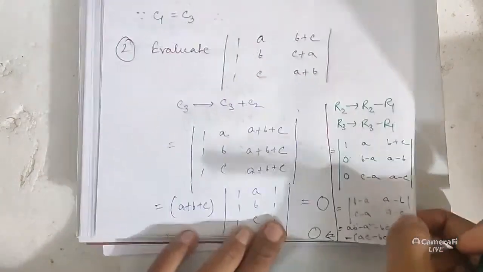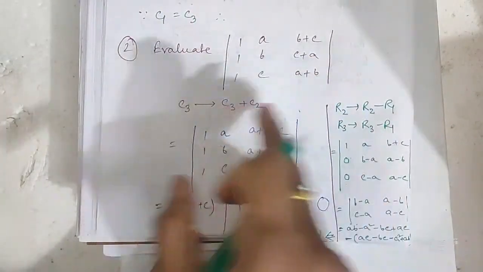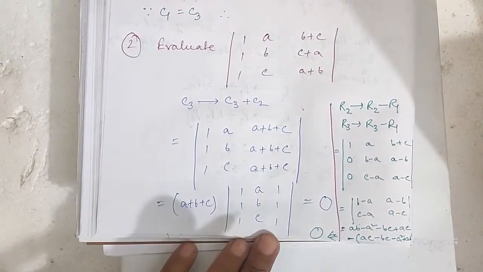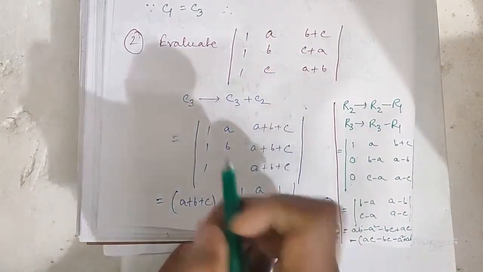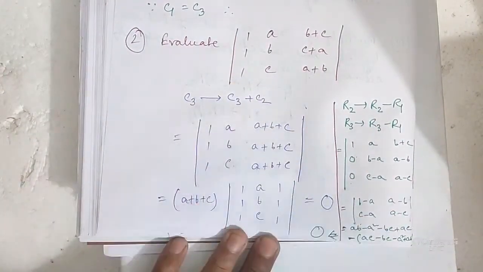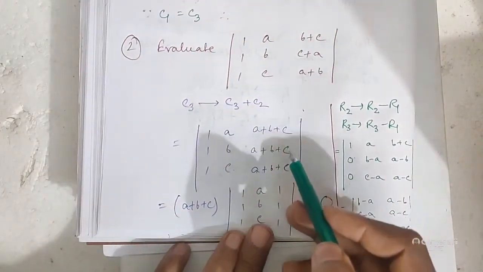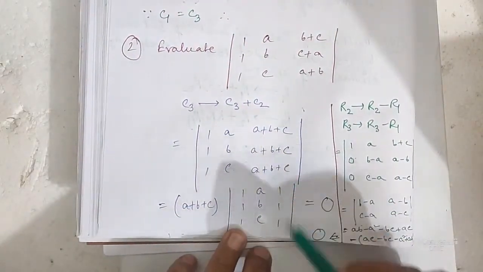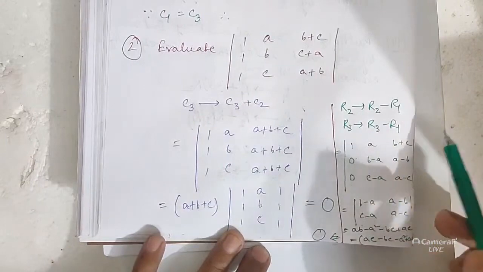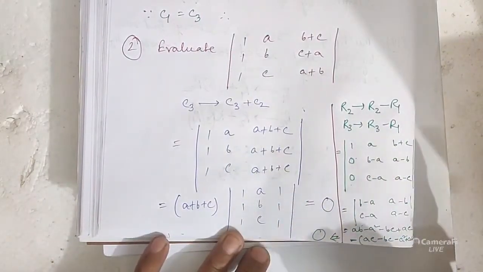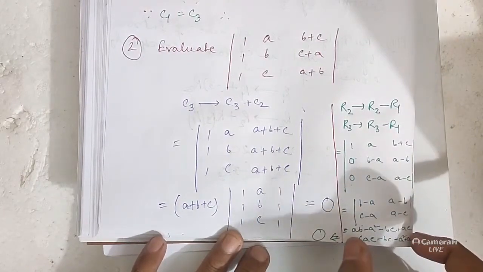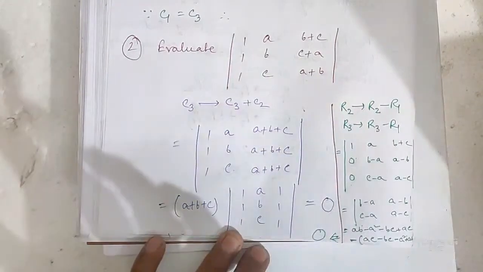That means you can solve a determinant by using any elementary operation, but whichever operation gives you a simplified form, you use that operation. Here if we use this operation, the question becomes easier to calculate. We just take A plus B plus C common, and we get two columns identical, so directly we can write 0. And here if we use this operation, one more step we have to do. We have to do multiplication also, which becomes lengthy. That's why we have not used this method.